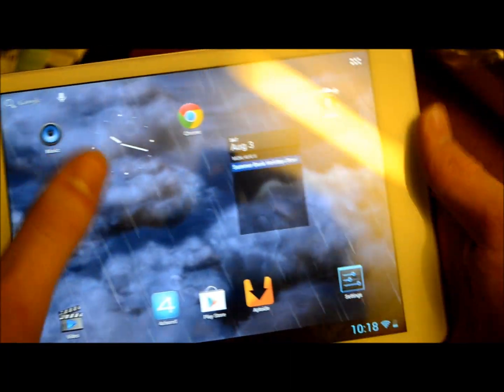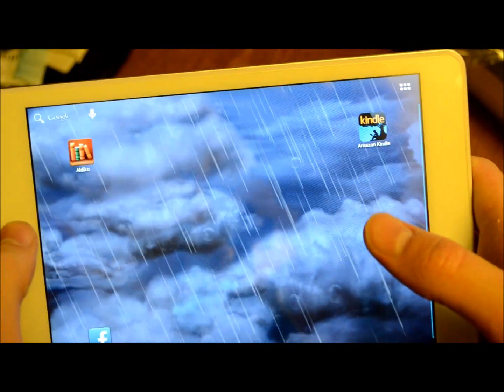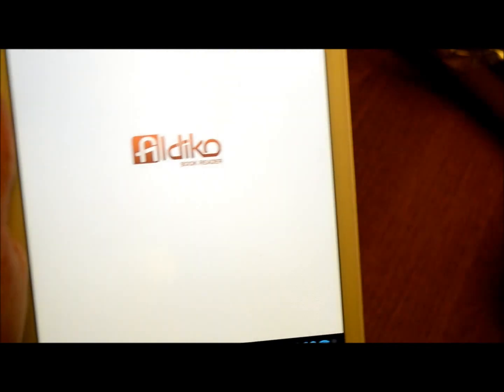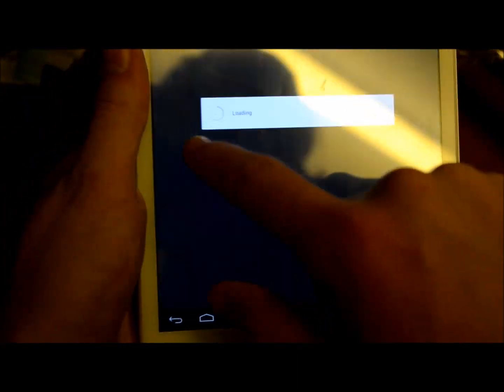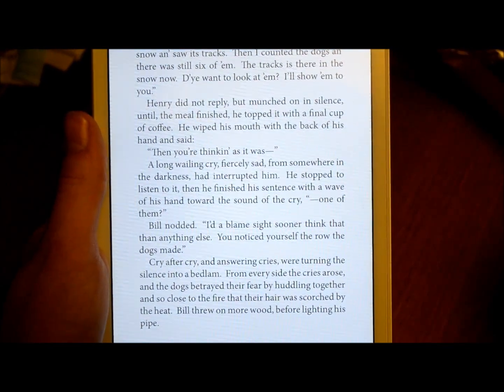And lastly, on the positives I can think of at the moment is that the ebooks on here, I've got a few ebooks, are very nice to read. I think the screen quality is so good for them, and the screen size, it's not a 10-inch, so it's not too big, but it's bigger than a 7-inch, so it's still quite good. We'll just have a look at some of these books. Right, as you can see, it's nice and bright at the moment,